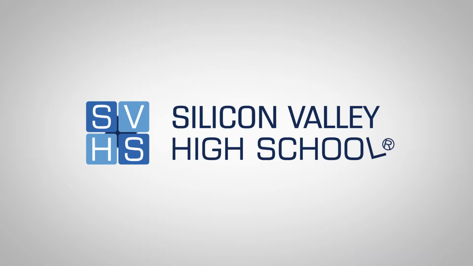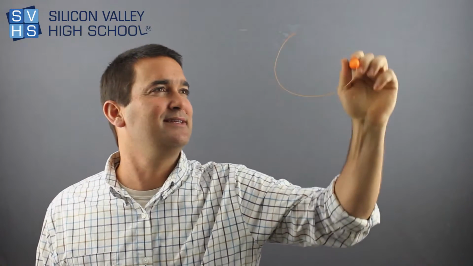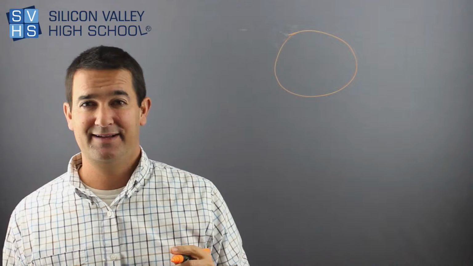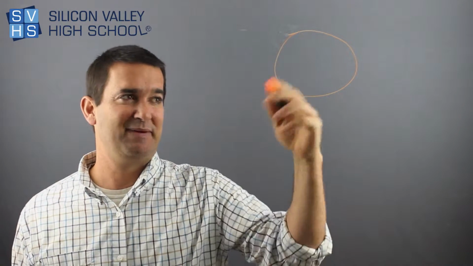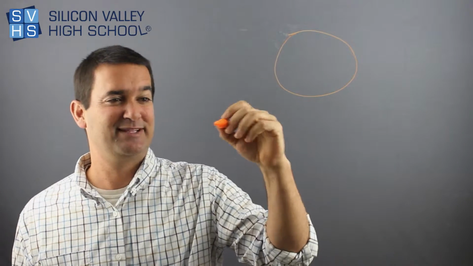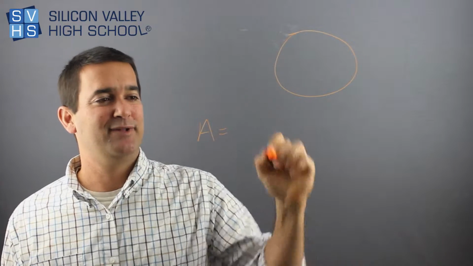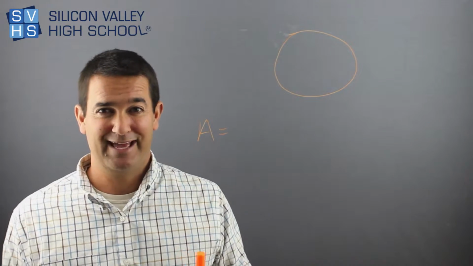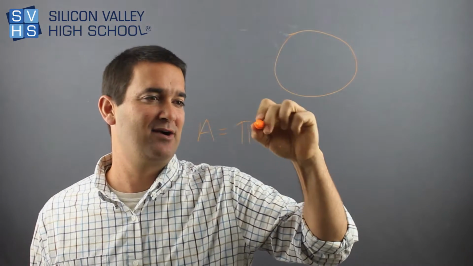The area of any circle is relatively easy to find. Honestly, the hardest part is memorizing the formula. I feel like people always mess up circumference and area because you learn them at the same time. So if someone makes you recite it, you'll probably get it wrong. But this is it. It's pi r squared.